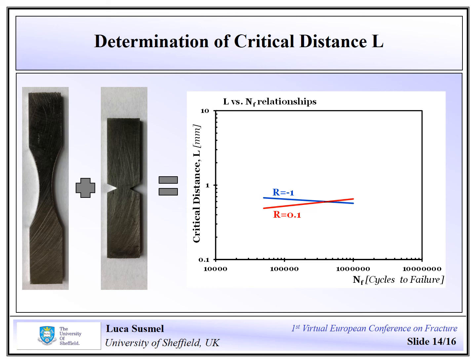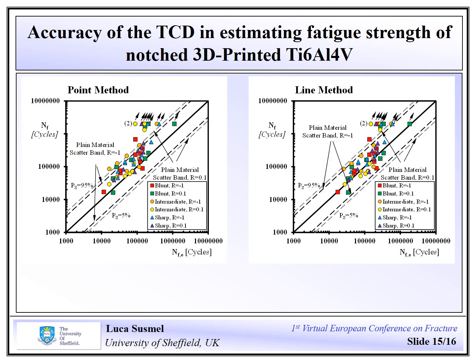Accordingly, we simply averaged the values we obtained, determining a reference critical length for the material under investigation equal to 0.6 millimeters. This constant value for L was then used to apply the TCD in the form of the point method, line method, and area method. The accuracy we obtained by applying both the point method and the line method to estimate the results we generated